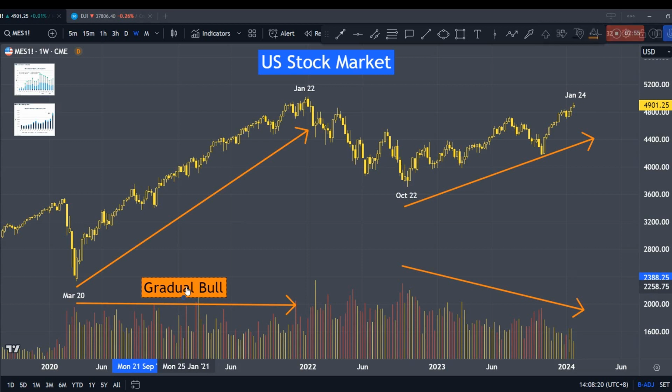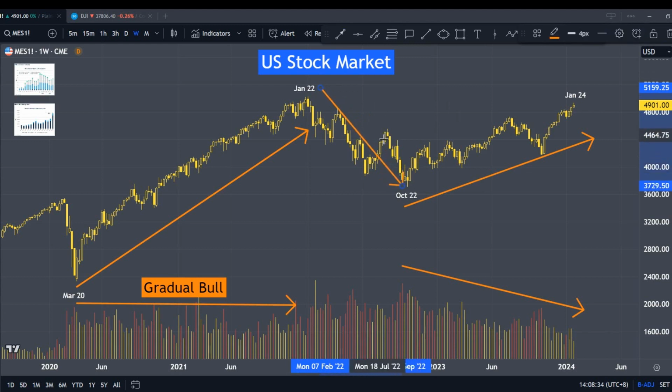I'll place this here. And of course, at the turn of 2022, at the beginning of 2022, we saw the market start to drop to this point here, coming to the end of 2022. And the reason was that at a point in time, the inflation, or the CPI, had risen from 1.67% all the way to about 6 to 7% at the beginning of January 2022. And that caused the market to come into a bear.